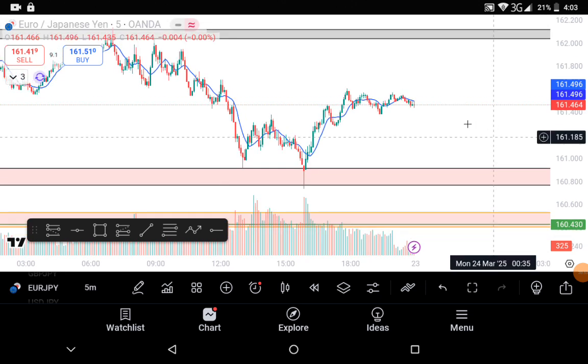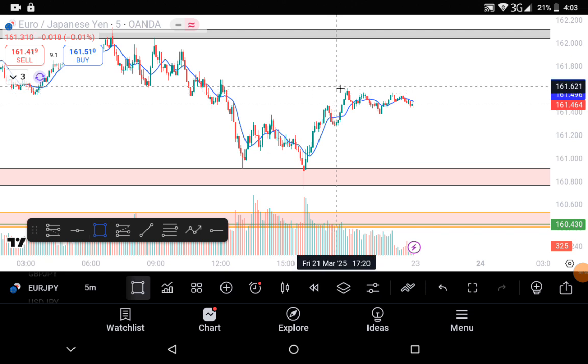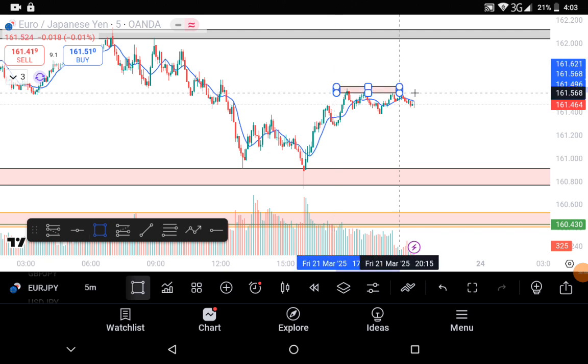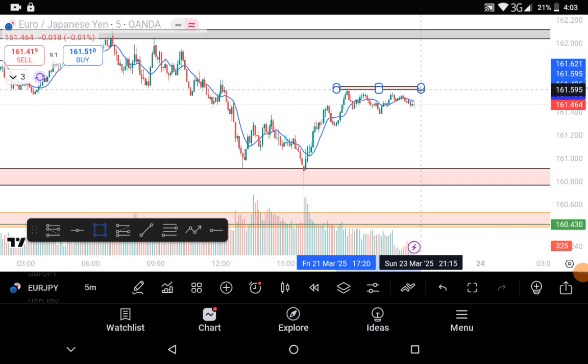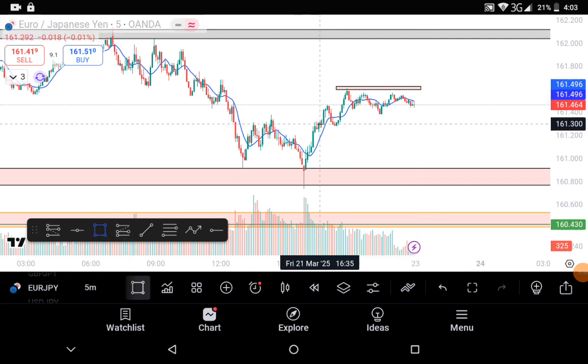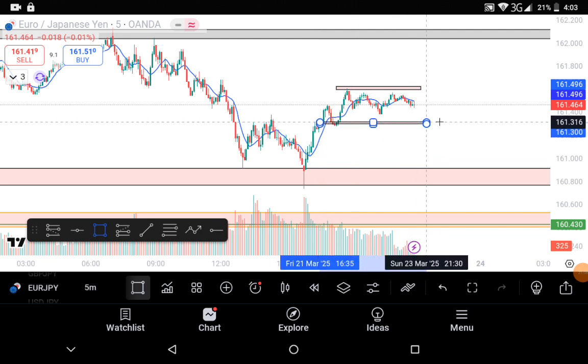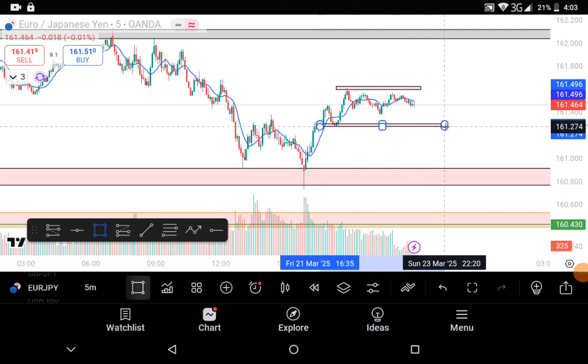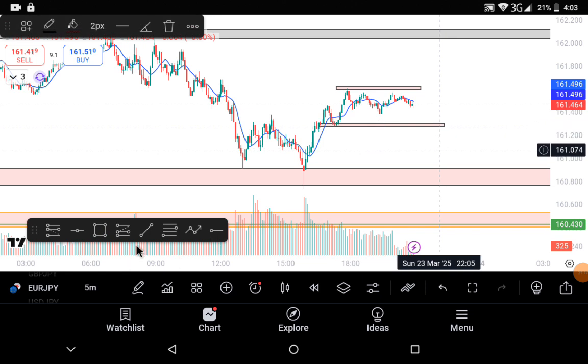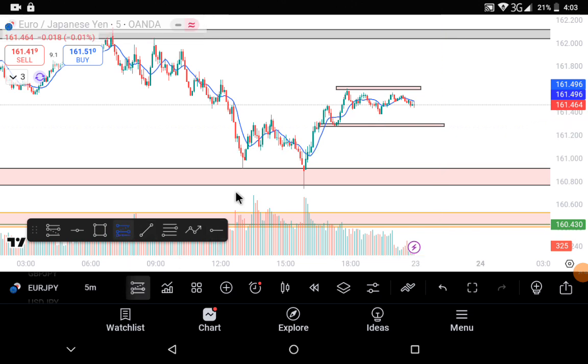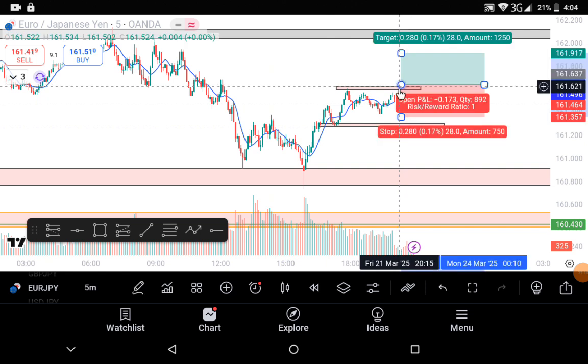Yeah, this is also another range. Then this is also another range here. Okay, you can actually take it from here to be on the safe side, because this is the most external one right here. So if the market should break above this range, you go in for a buy, and your stop loss will be, let me see. Okay, here is fair enough for your stop loss,